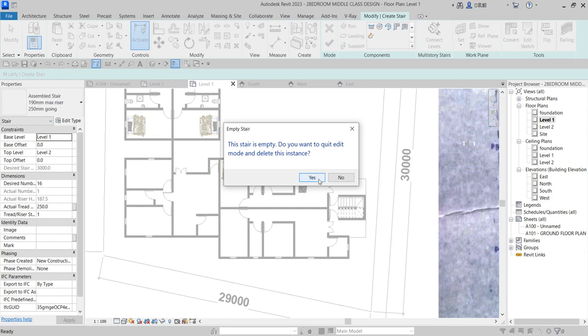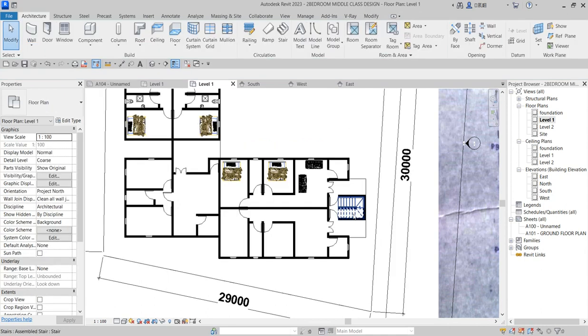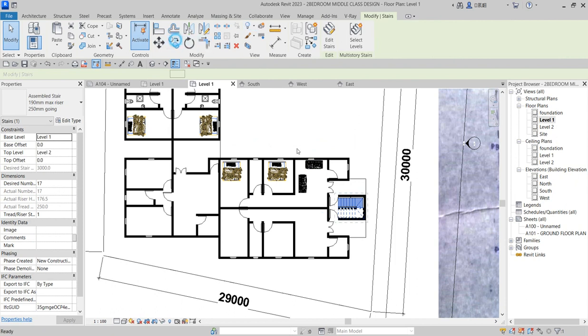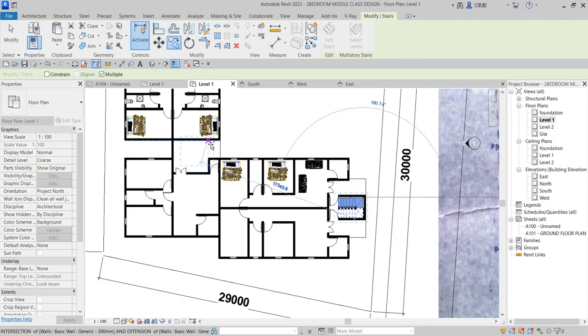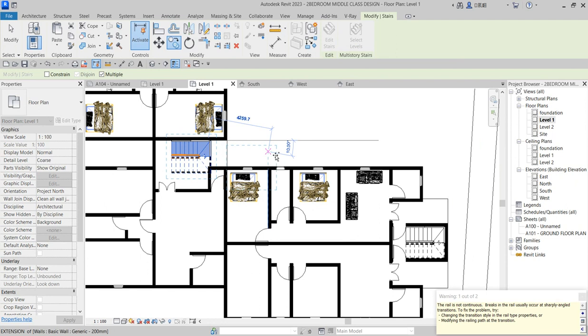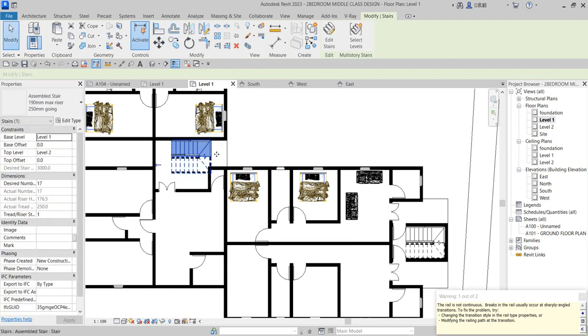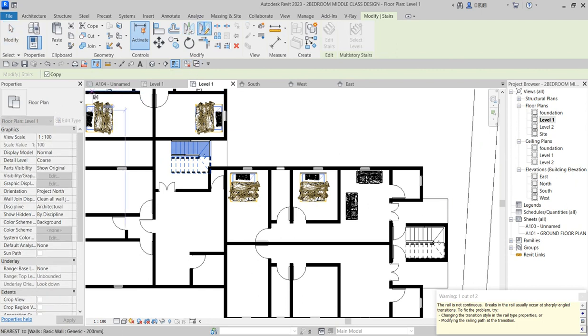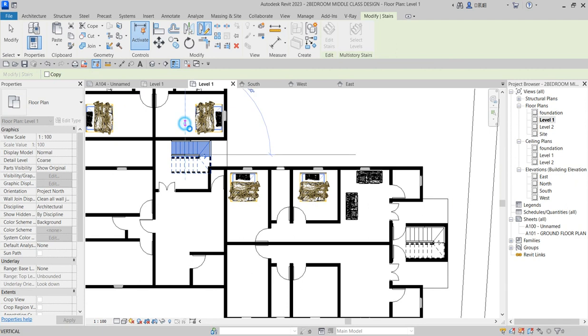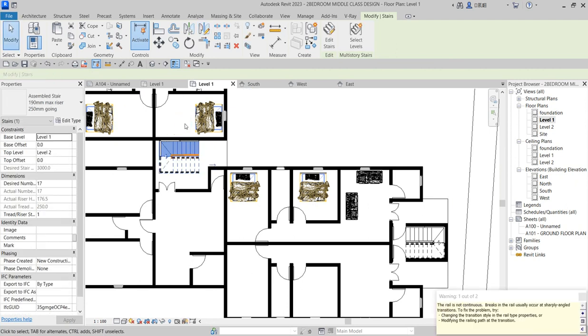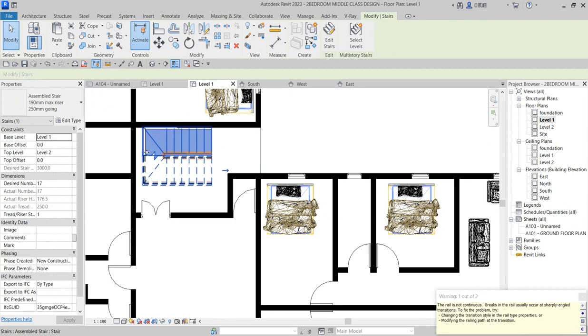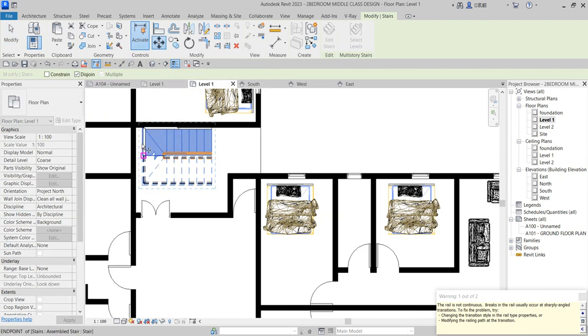So copy this and bring it here. So instead of you going from that side, you are going to press enter, then mirror it without copy. So you climb from outside there and you come to